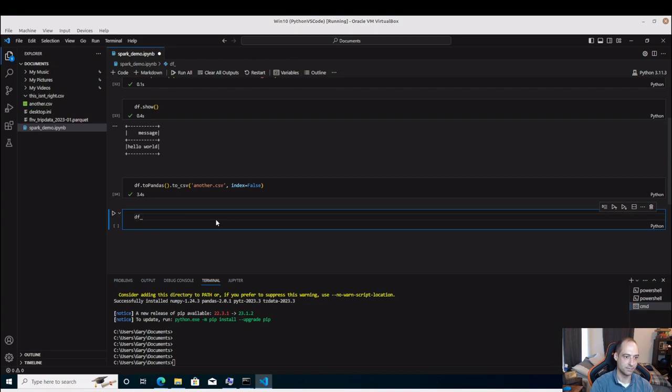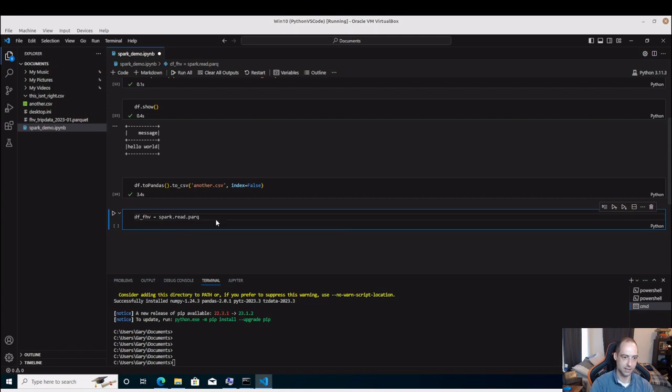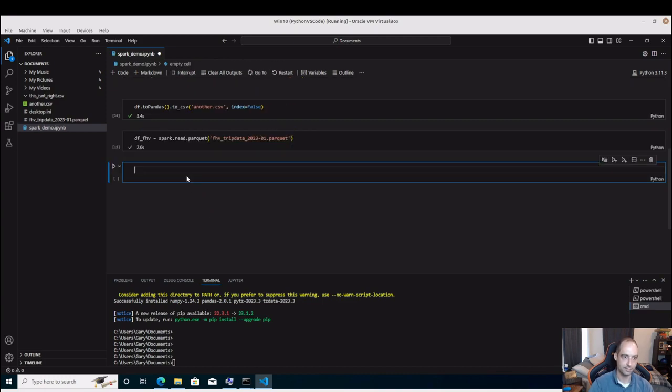And we should be able to do, let's see, df_fhv equals, let's see, spark.read.parquet, and there we go. And that was very quick with this parquet file. So I can do df_table equals spark.sql,